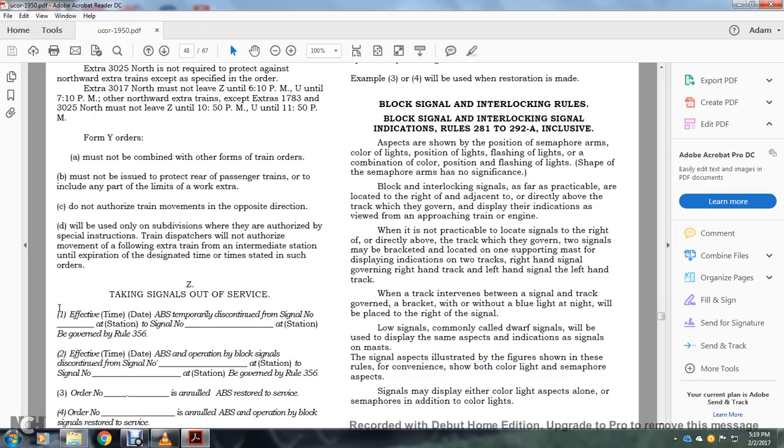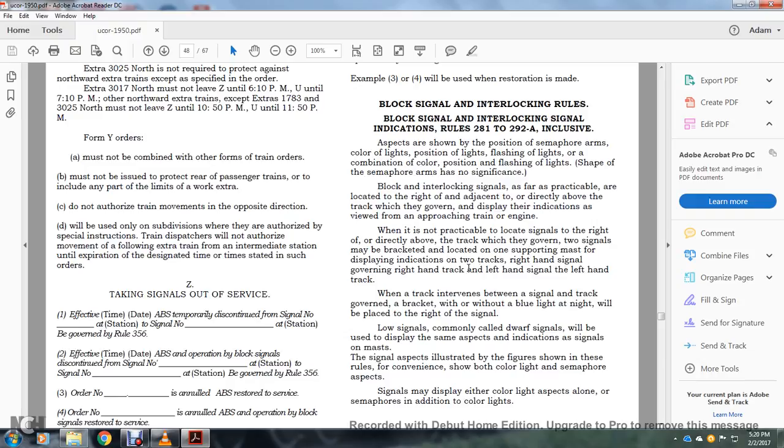All right, your block signal interlocking rules. Block signal interlocking signals indicating the rules 218 through 292A inclusive are shown with the position of semaphore arms and lights; position lights and flashing lights are a combination of the color, position, flashing light, and shape of the semaphore arms. Block and interlocking signals, as far as practical, are located at the right end of the track adjacent and directly above the track which they govern, to display the indication viewed by the approaching train and engine. When it is not practical to locate the signal to the right of or directly above the track which it governs, the signal may be bracketed, located on one of the supporting masts, displaying the indication of the